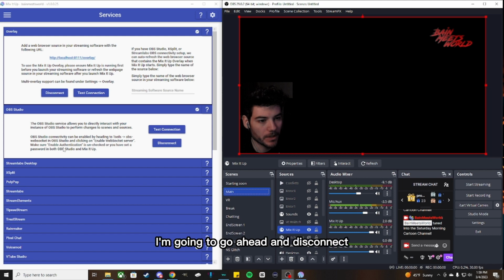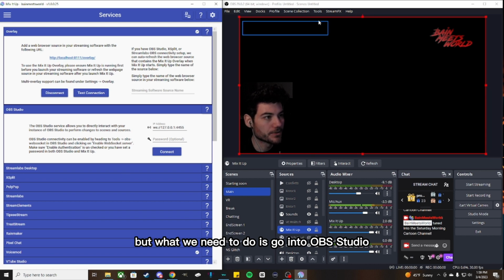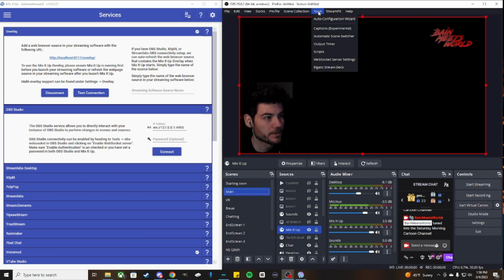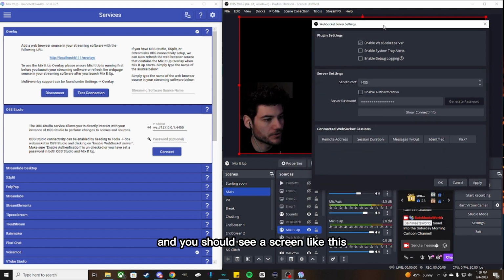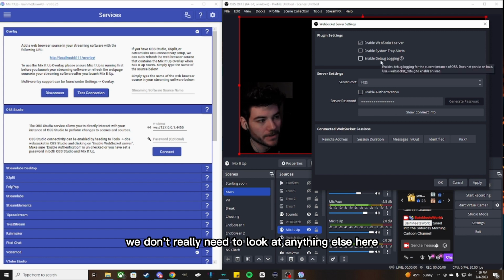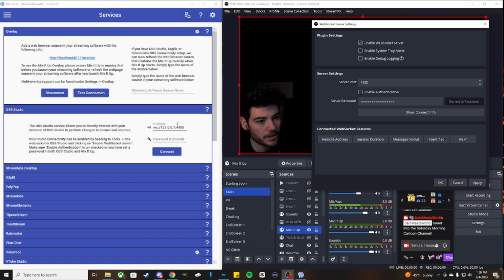For this example, I'm going to go ahead and disconnect. But what we need to do is go into OBS Studio in the Tools menu and open up the WebSocket server settings. And you should see a screen like this. We want to focus on the server settings and server port section. We don't really need to look at anything else here. And all we need to do is make sure that server port and the last 4 digits of this IP